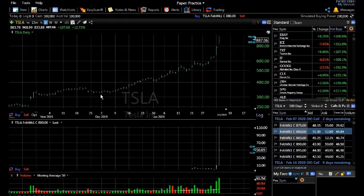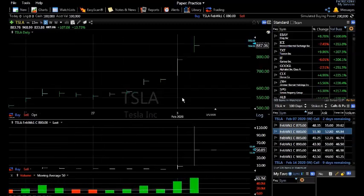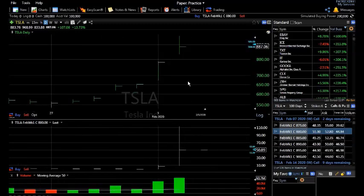I mean, look at that. Basically straight up since December. I really think this stock could pull back very soon, even to 650. That is from the close today of 887. I think after hours it was back up to 900. I really think this stock could easily pull back to 650, which would basically be a 230 point drop or